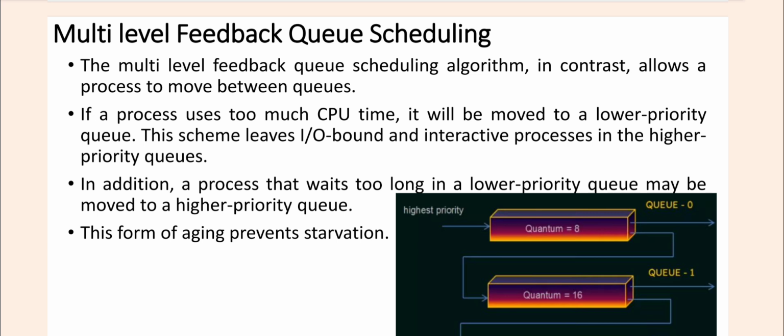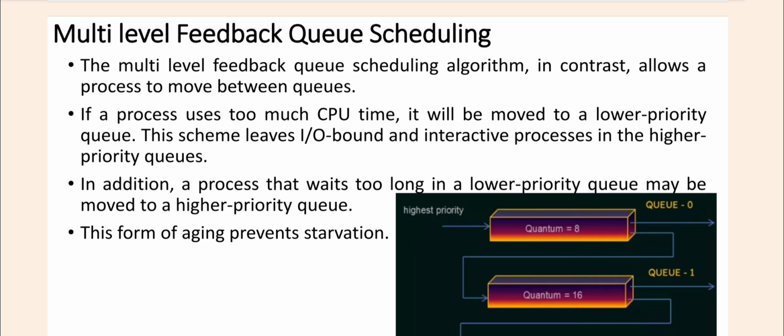The priority of the process can be adjusted dynamically based on its behavior. Each queue is assigned a time quantum or time slice, which determines how much CPU time a process in that queue is allowed to use before it is preempted and moved to the lower priority queue. Multi-level feedback queue scheduling uses a feedback mechanism to adjust the priority of the process based on its behavior